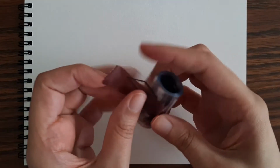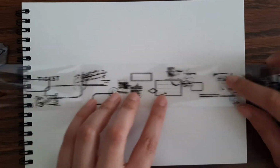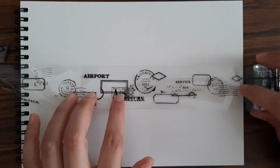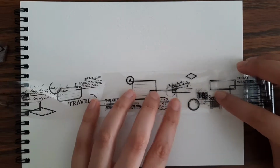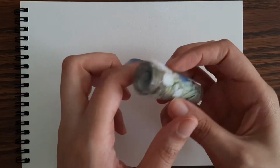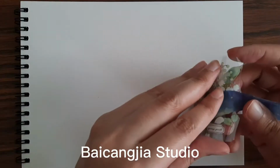This is the Stationery Instinct tape, clear. I like the simplicity of this. A lot of different shapes, and then you have text. It looks like this is like an airport theme, maybe, or a travel theme, I should say. I forgot the designer behind this. They're not exactly a well-known designer, but this is unique in that this is like